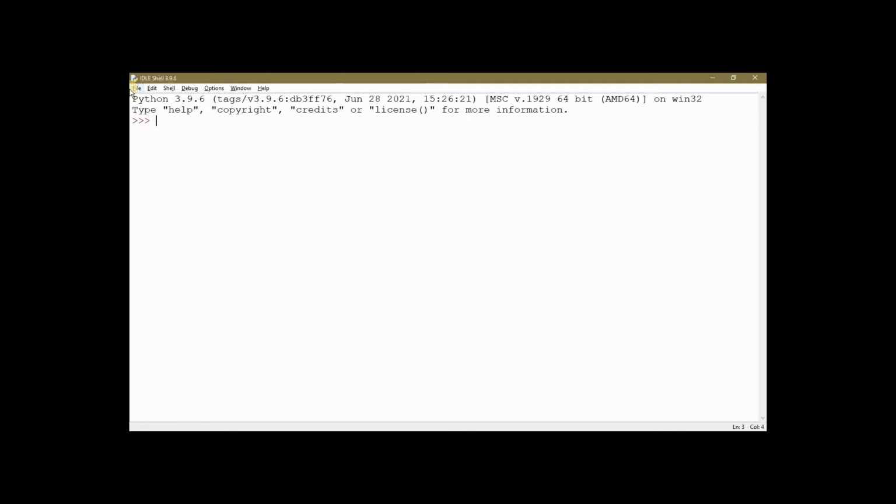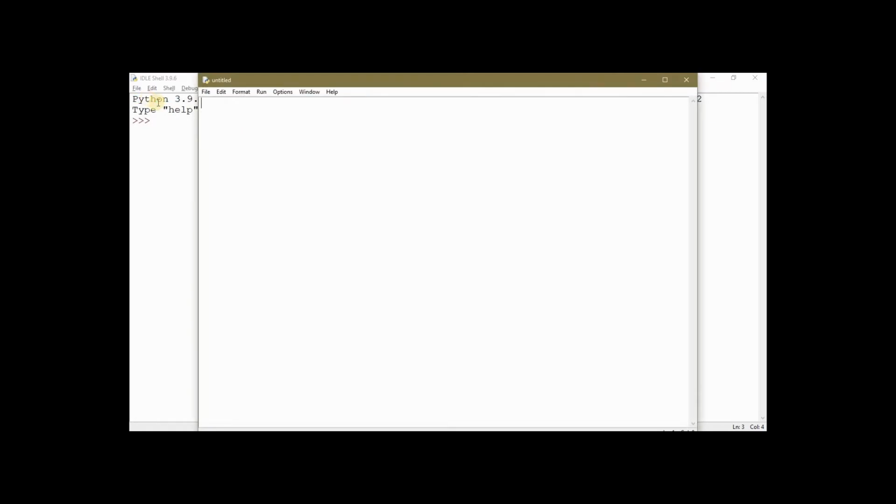The work of this terminal or the shell is for us to get an output of whichever code we put in. And for you to write a very clean code, you just have to click on your File and then create a new file. You can use Ctrl N, and then here you can start writing your code. But before we start writing our code,